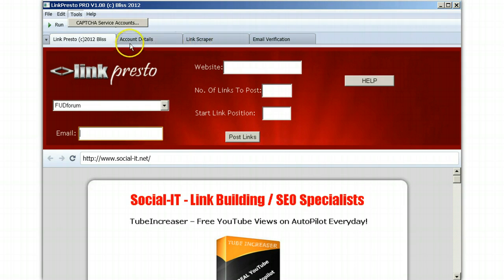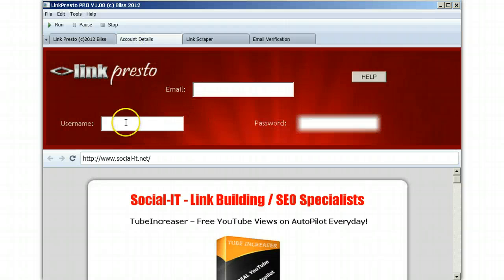The first thing to do when you first load it up is go to account details. Now these are the username, email and password that you want to use to create the accounts. It's sometimes a good idea to put your username as your keyword, so we'll put here link building 602, and we've made a test email just for this, so we'll enter that there and the password. Okay,